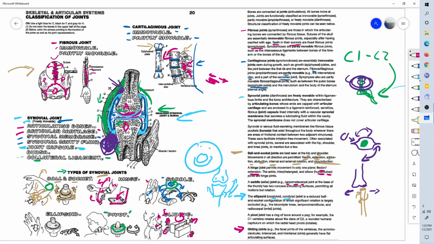So obviously the most mobile joint is the ball and socket, possibly then the ellipsoid. And then the limited hinge, which is only flexion and extension, the saddle joint, which has a couple more degrees of movement. And then of course the strictly rotating pivot joint, and then the strictly sliding gliding joint. So that's a summary of the classification of the joints